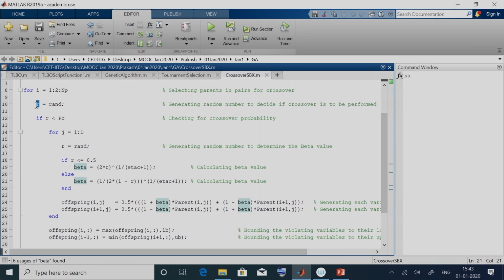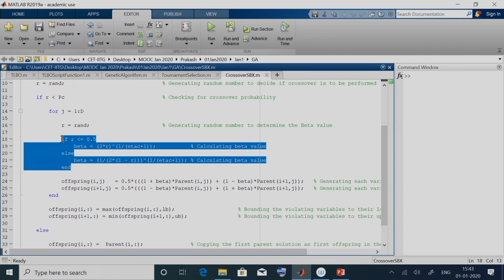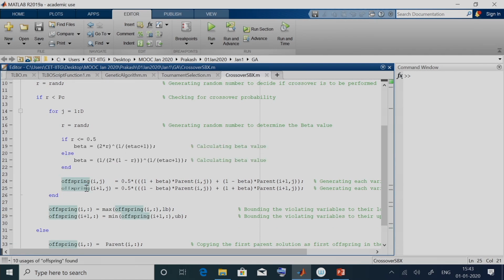So, this R was to decide whether we need to perform crossover or not. This R helps us to determine which of those two equations would be used to find out the value of beta, right. So, once we have generated the value of beta, we can find out the two offspring, right. So, the jth variable of the ith offspring would be 0.5 into 1 plus beta.